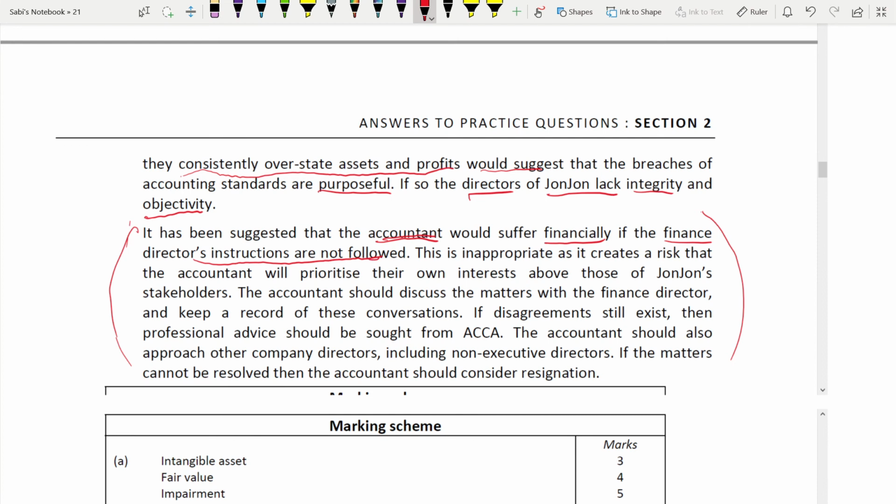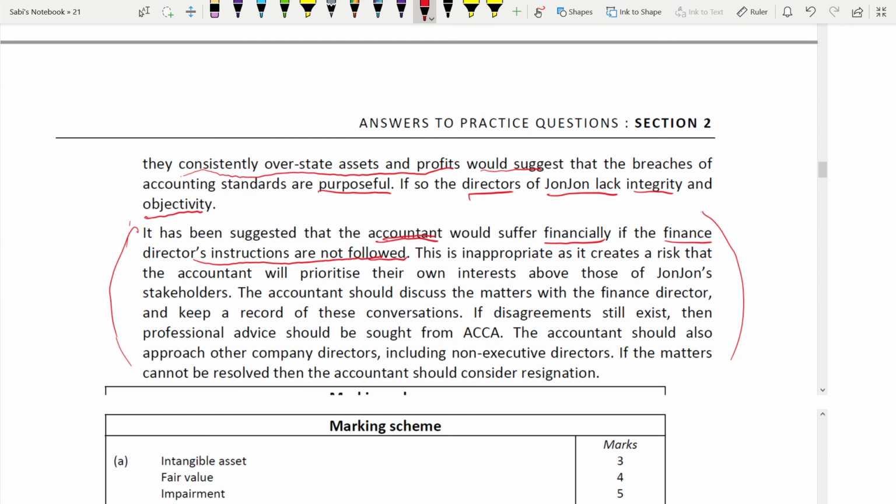Before you go to the action, make sure that you write these things, because professional marks are there already. How you structure your answer. Professional marks does not mean you're writing 2 points extra. That's not how professional marks work. Technical marks might work like that, the 6 marks that you're getting, but not the 2 professional marks. Professional marks work on, first of all, your tone of writing. Number two, how you're structuring it. Okay, whether the advice you are giving is practical?